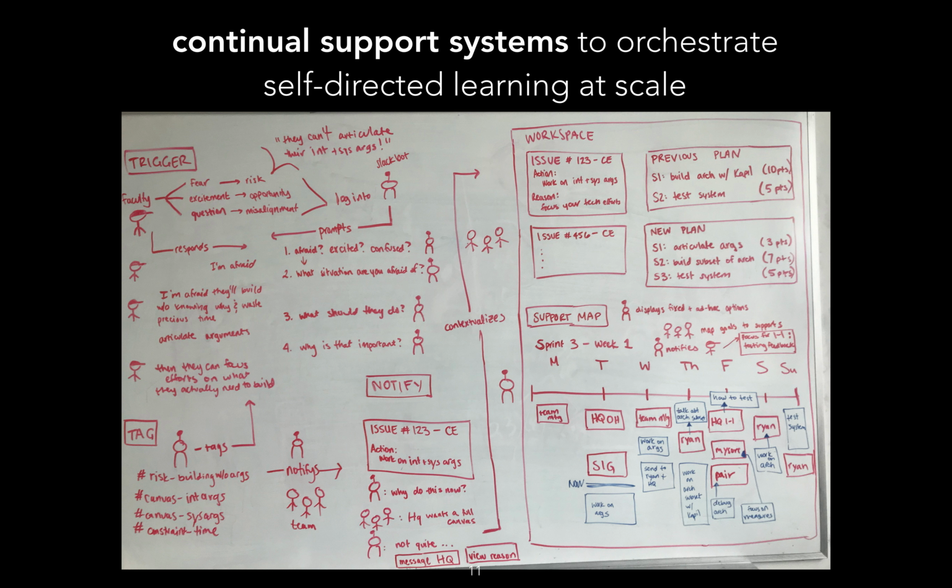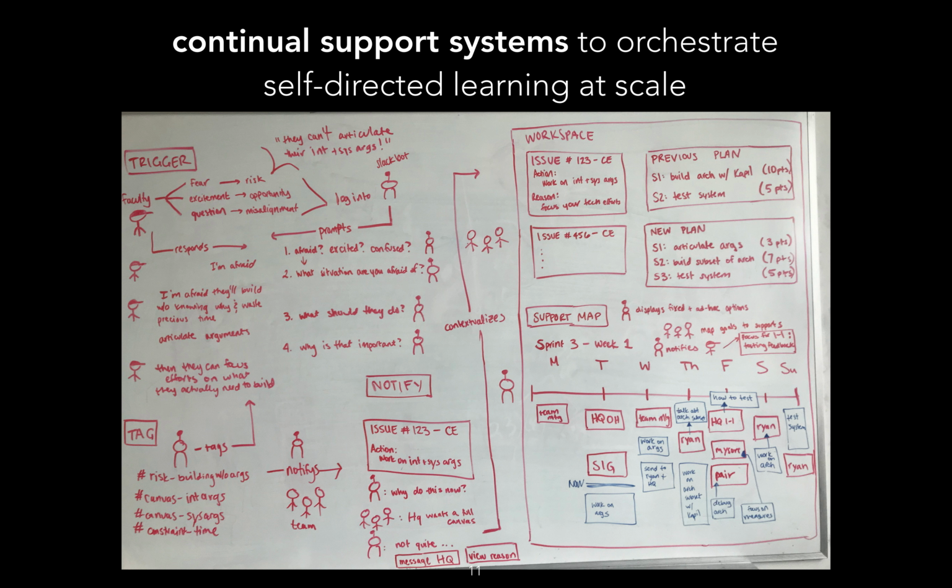So I was thinking about these different components that might help with that. For example, what if a faculty member has some reaction when they're thinking about feedback for a student, and a bot could help them articulate what the specific reasoning was, what risk it was related to in terms of the research, and then capture that issue and notify the student with it, and work with the student to make sure the student understands the issue as described by the faculty member, to try to get alignment between the faculty and the student.